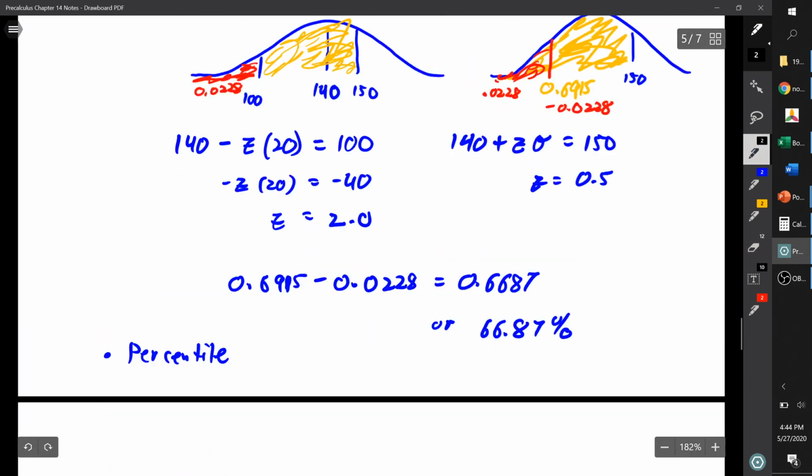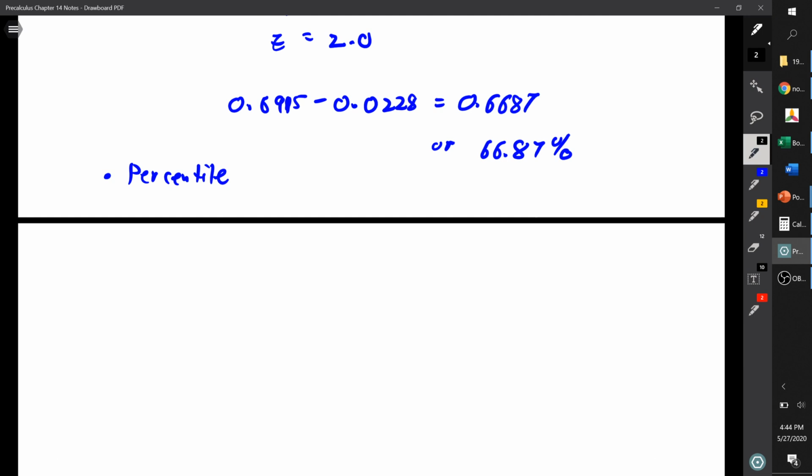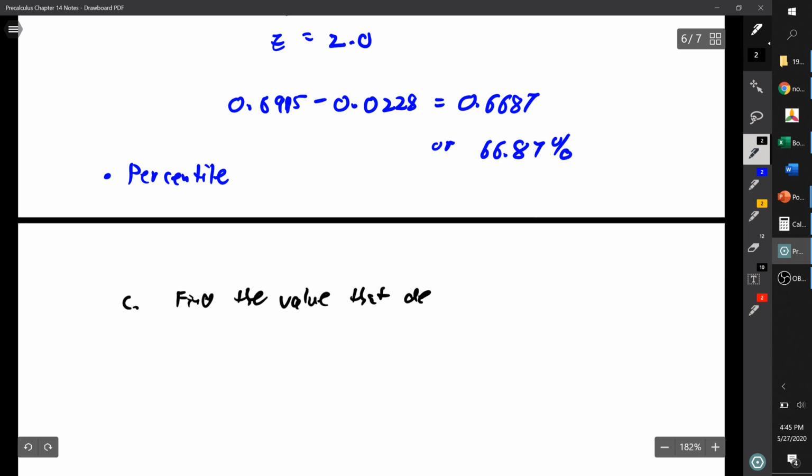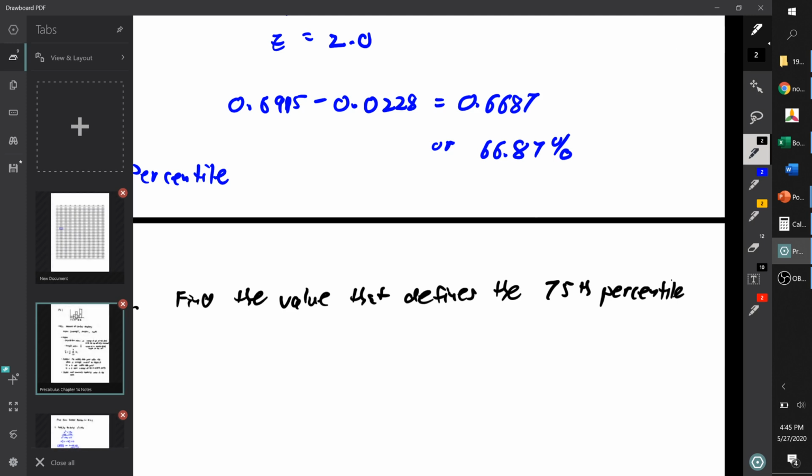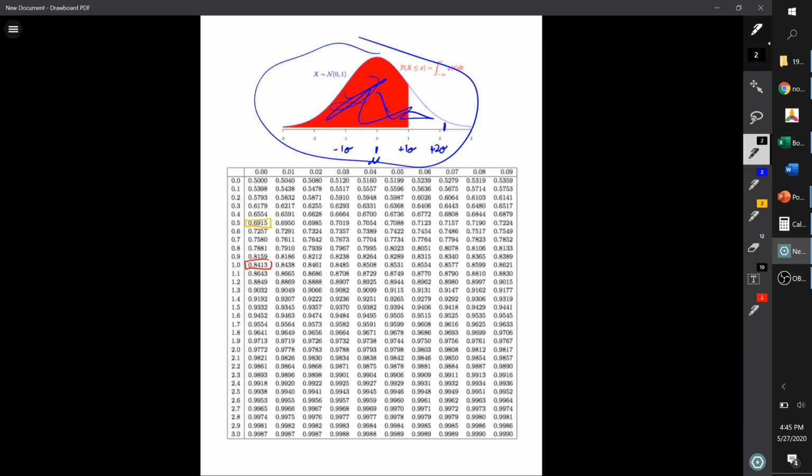So this is still number 13. This is number 14, part C. I want to do that. Number 13, part C, is find the value that defines the 75th percentile. So we want to go to our cumulative distribution table and look at where we have a p-value of 75%. 0.75. The thing that is closest to 0.75